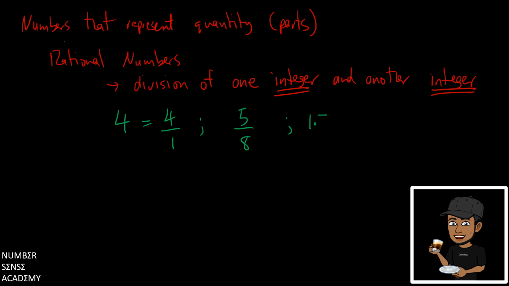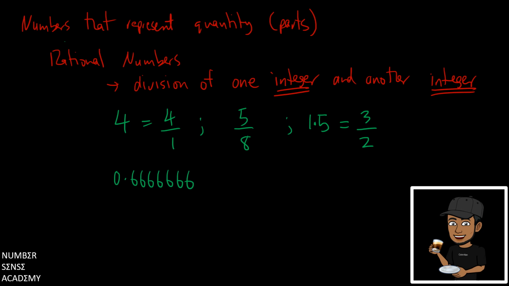Then we have 1.5. This is rational, not because it's in the form that it's in, but because it's also equal to 3 over 2, which is a division of two integers. Okay? And then another example would be